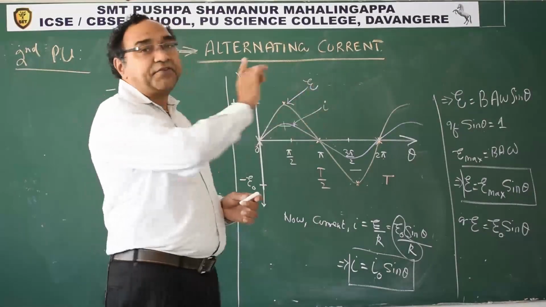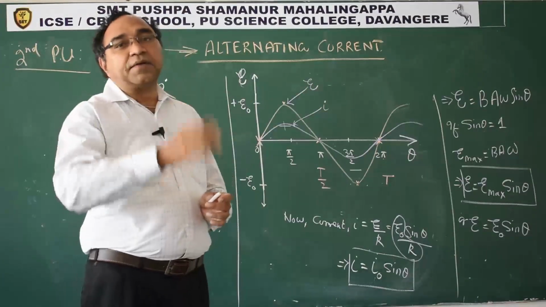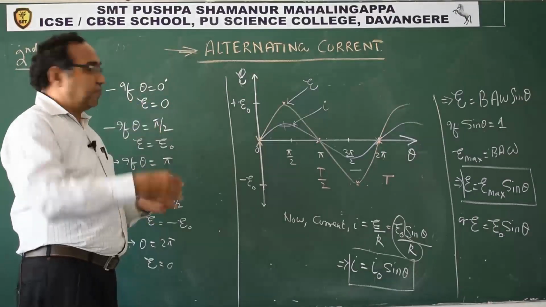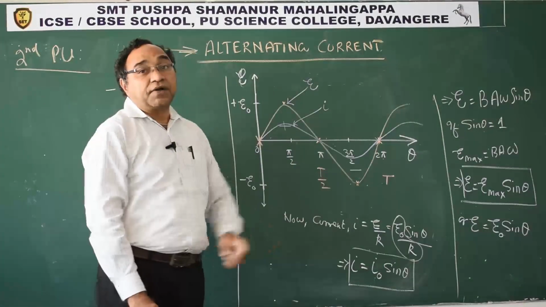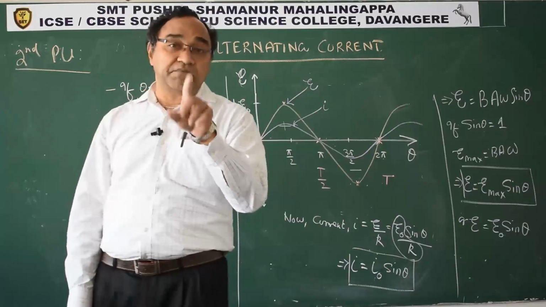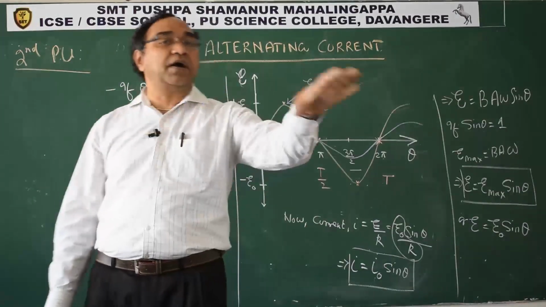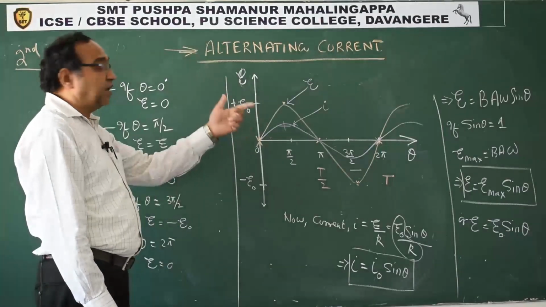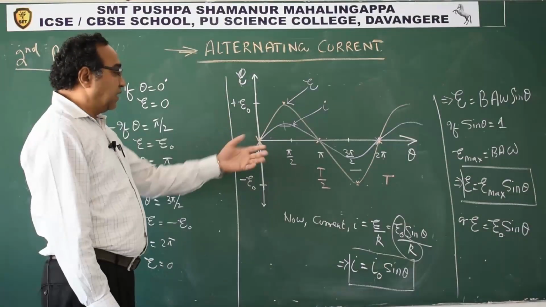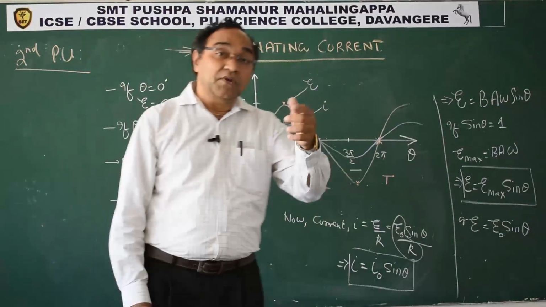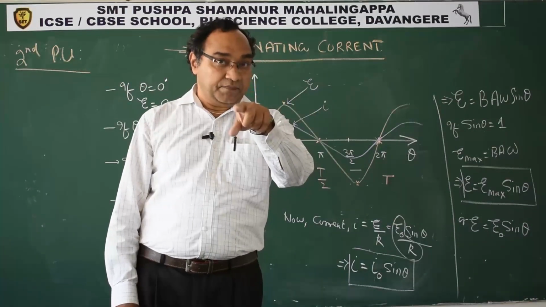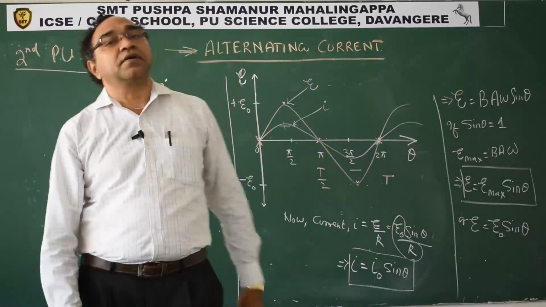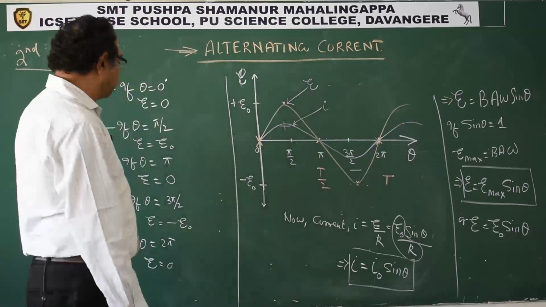But in a AC source, if you mark it as plus and minus, the next instant plus will become minus, because we see that it alternates. That is why AC devices are never marked plus and minus. Polarities are never marked in AC devices. Only in DC devices you will find polarity mentioned. Like if you remember in the circuit diagrams, when you draw batteries, cells as a source of EMF, you mention plus and minus, but in AC we will not mention.